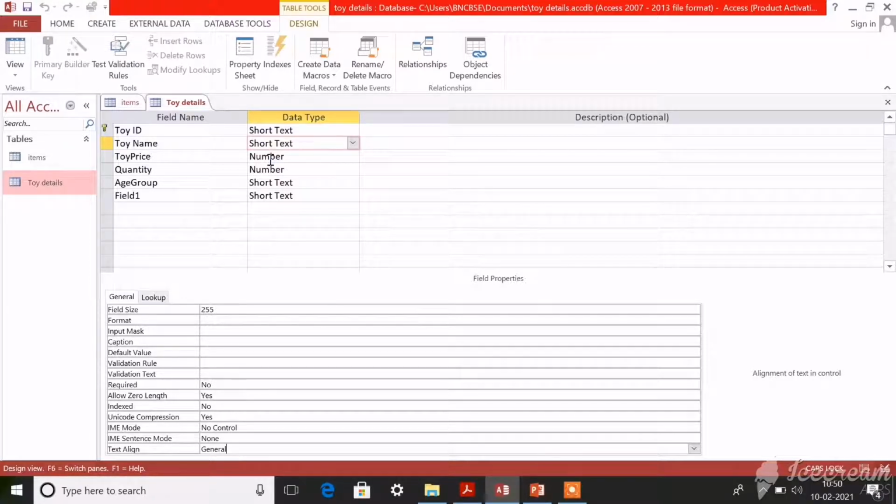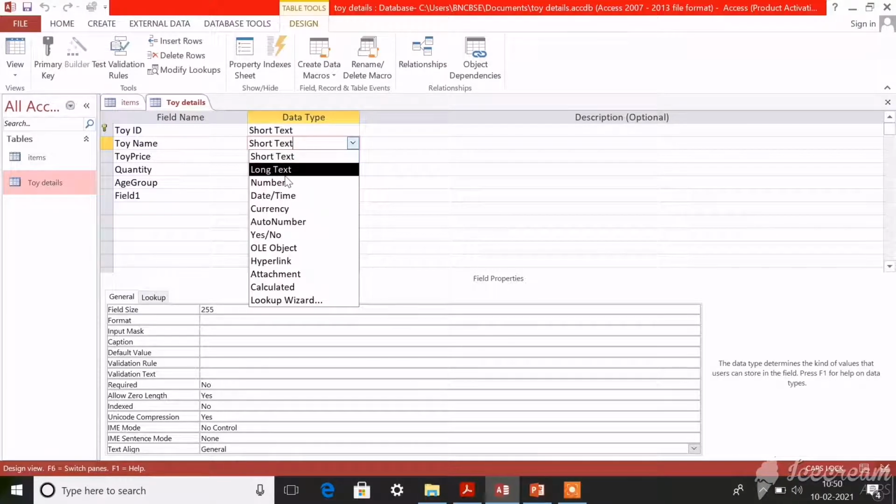So when you type yes there, you can enter whatever data in the field and the field will accept the data. Okay, then the next one is allow zero length. This property is used for text and memo data types. You know what text and memo data types are? Text data types, see here, short text, long text.